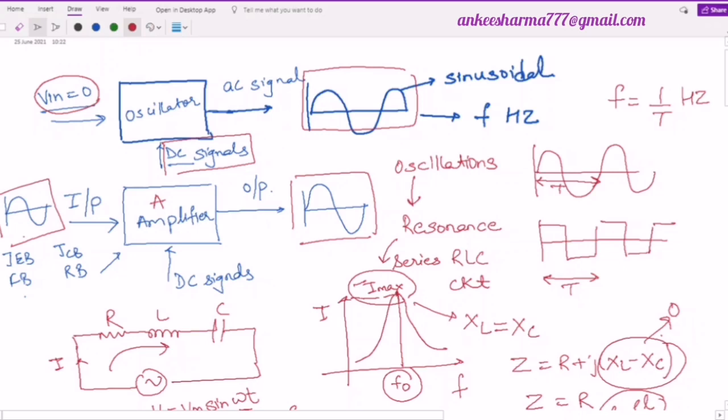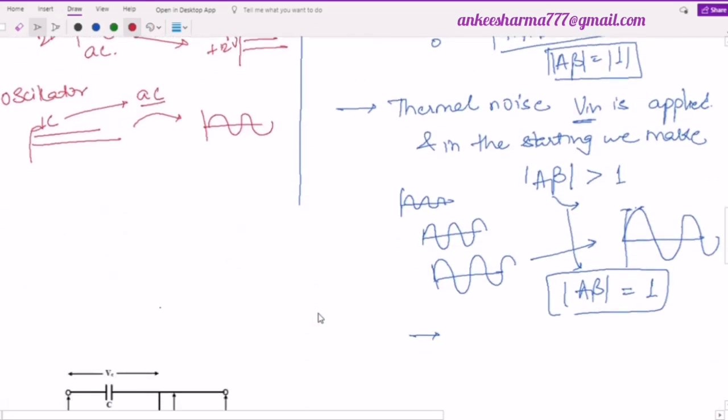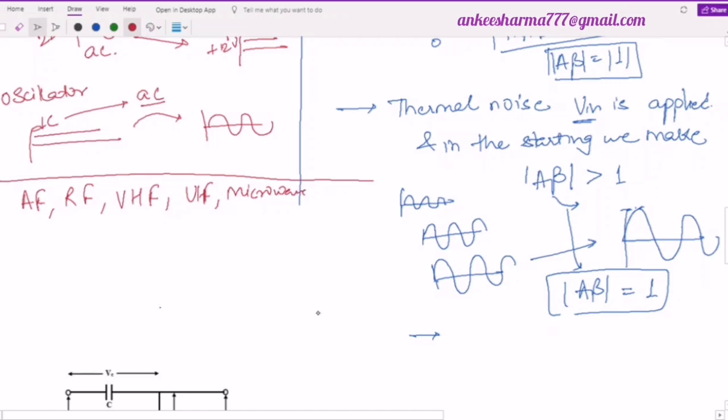We have different types of oscillators depending upon the frequency generated by them, or depending upon the circuitry they have. So in the books you will find different types of categorization. First categorization is audio frequency and radio frequency oscillators. अगर मैं categorization की बात करूं, so AF oscillators are there, RF oscillators are there. Then अगर higher frequencies पे जाएं तो very high frequency oscillators are there, और ultra high frequencies. After ultra high frequencies we have microwave frequencies. So depending upon the frequencies they are generating, we can categorize them.